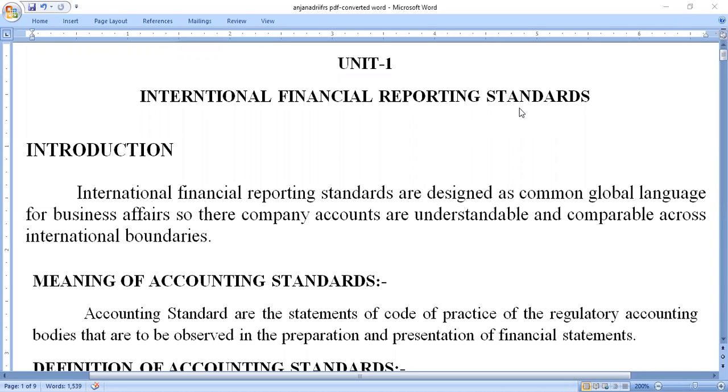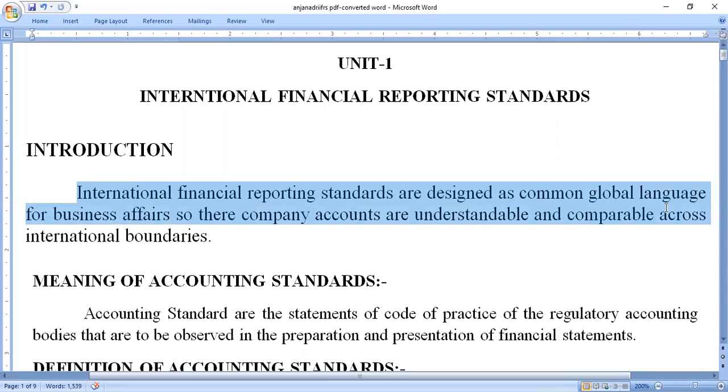Here, firstly, we are discussing Unit 1, International Financial Reporting Standards. Before we move on, the main concept here is the introduction of International Financial Reporting Standards. International Financial Reporting Standards are designed as a common global language for business affairs so their company accounts are understandable and comparable across the